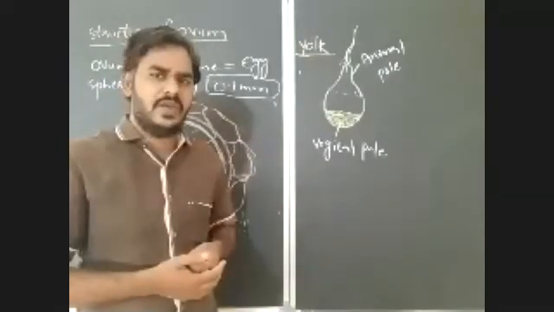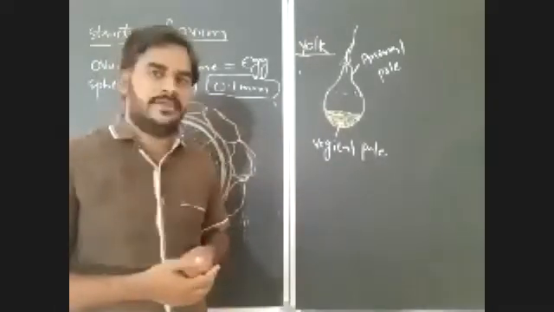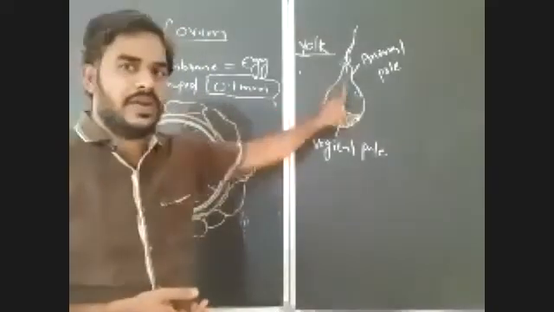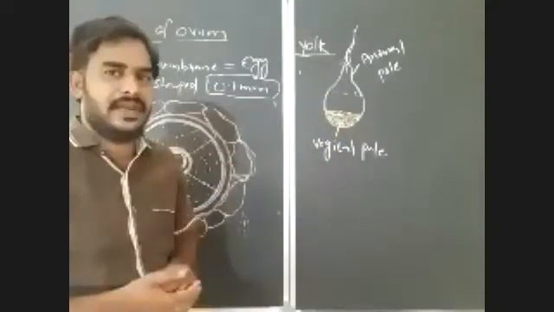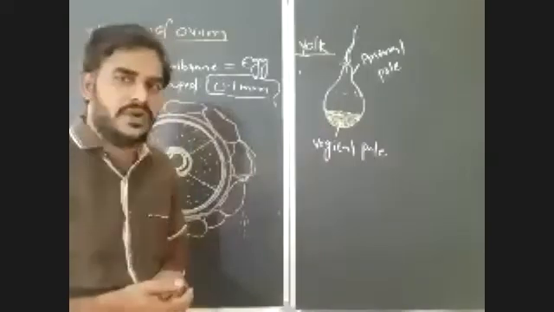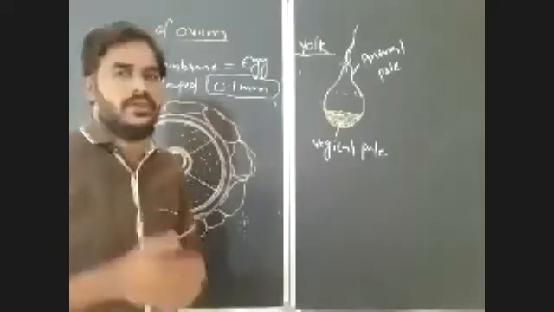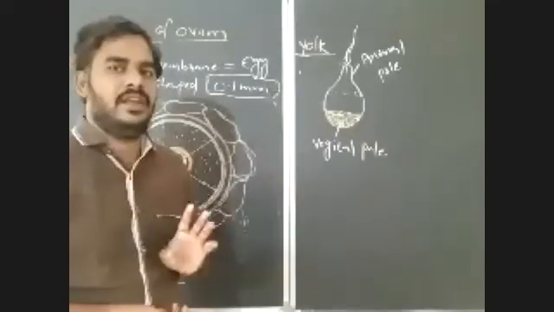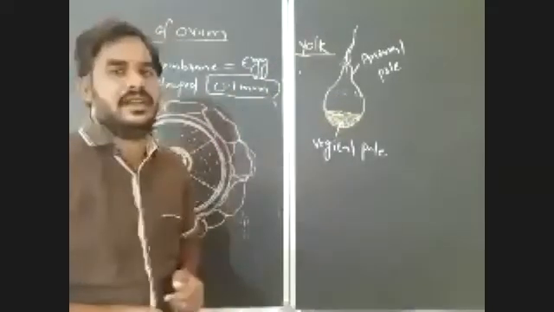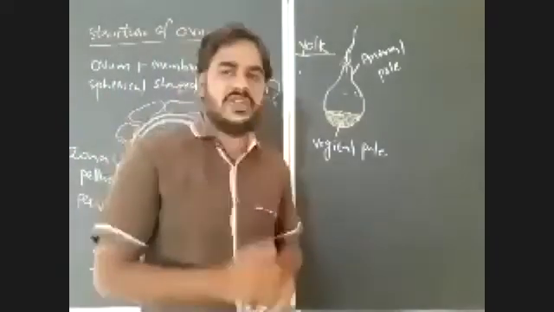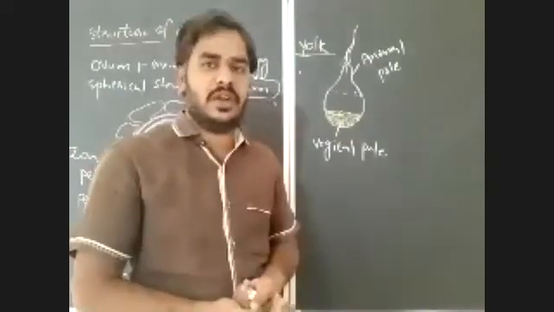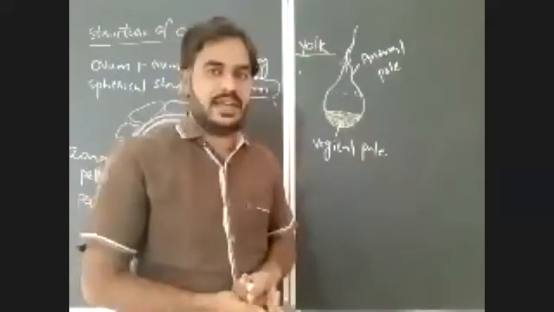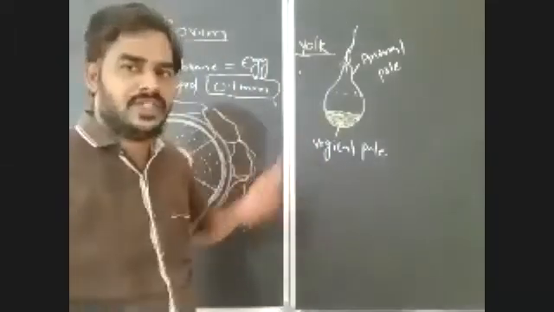The sperm will always enter into the cytoplasm of ovum through animal pole only, because there is formation of a fertilization cone during the fertilization. I will give you that also. Later we will discuss how the fertilization cone will form and how the sperm will identify this fertilization cone, and all we will discuss at the time of discussing the topic fertilization. Just remember here animal pole and vegetal pole.